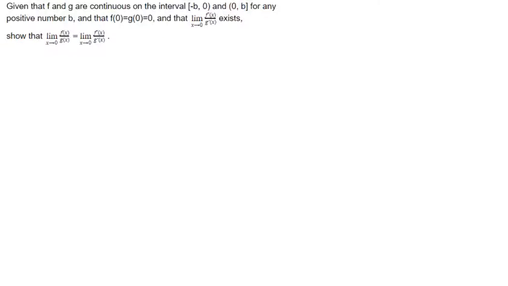I'm going to work out a full proof of L'Hopital's rule. And it is going to take me several videos to do this because there are a lot of different cases and I want to be sure to cover all of them. So in this first video, I'm just going to look at this first case here where we have two functions,